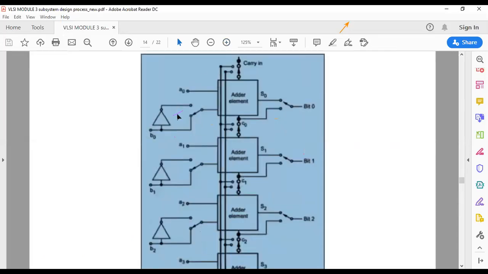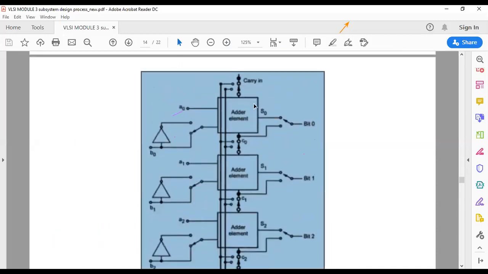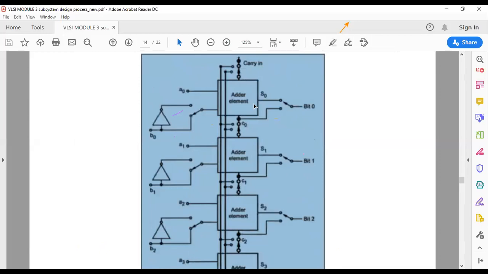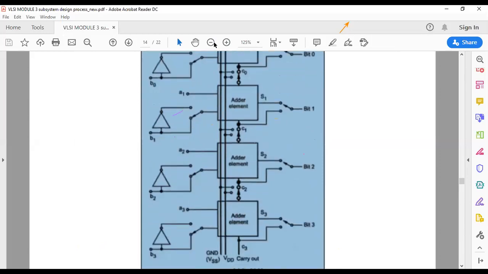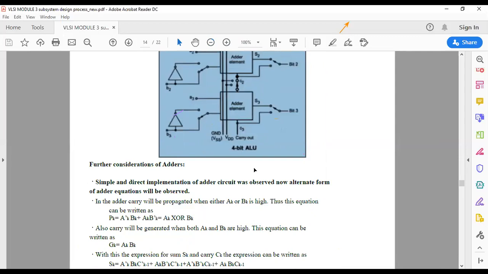Here he is telling how you can take A naught and B naught, B naught bar. So that much only is there. You need to remember this circuit. You need to write this exact same circuit. If it is for 3-bit, you need to write 3 blocks. If it is for 4-bit, you need to write 4 blocks. If it is for a 5-bit ALU, you need to write 5 blocks. Understood? Any doubt is there,